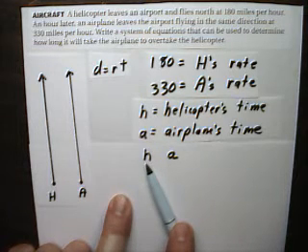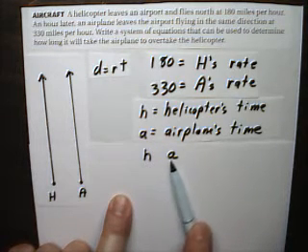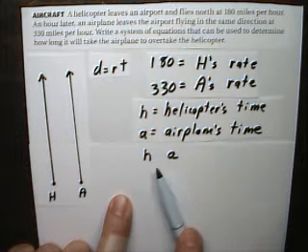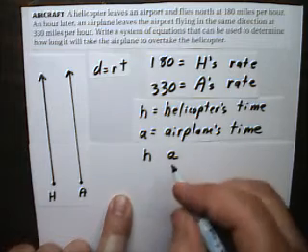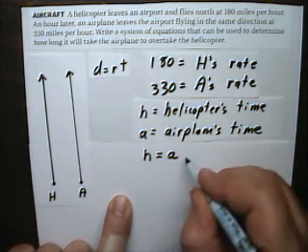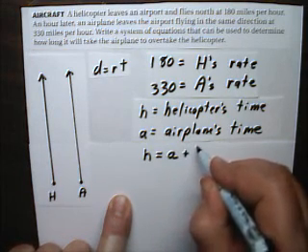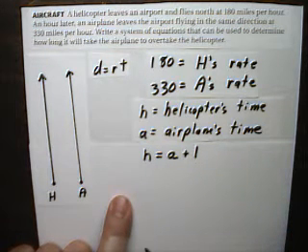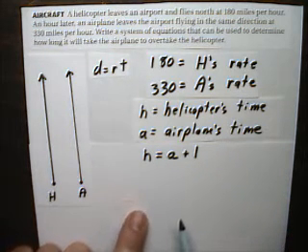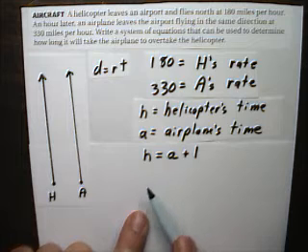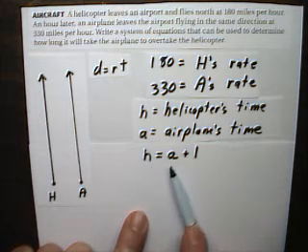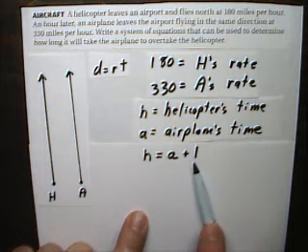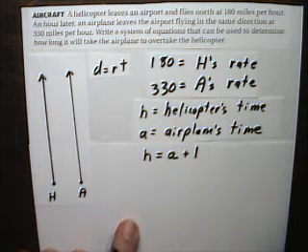If the helicopter's been in the air 2 hours, this would be 1 hour. So this is the greater number and this is the lesser number. So if I want to put an equal sign between them, I have to add a 1 to this side. Now you could have subtracted a 1 from the other side, but either way you come up with a good equation. The helicopter's time is equal to the airplane's time plus 1,